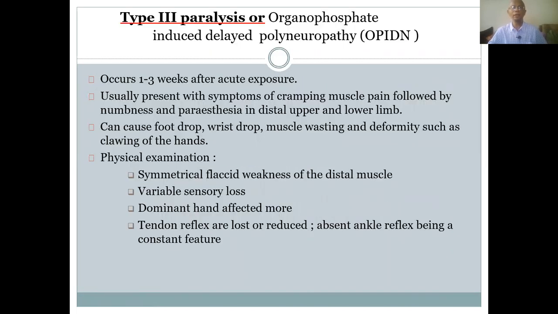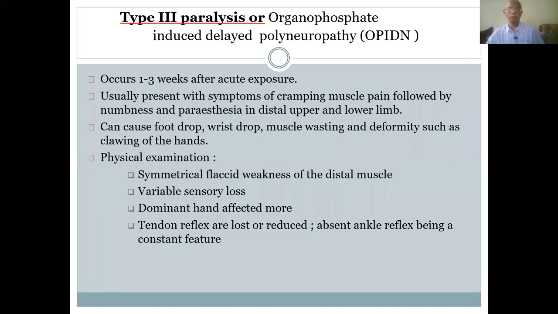Now comes type 3, that is organophosphate induced delayed polyneuropathy. It actually occurs 1 to 3 weeks after acute exposure, and you have seen intermediate syndrome occurs actually 1 to 4 days after the exposure to the poison, and here it is weeks, and it may even be prolonged for 4 weeks, months. So 1 to 3 weeks after,